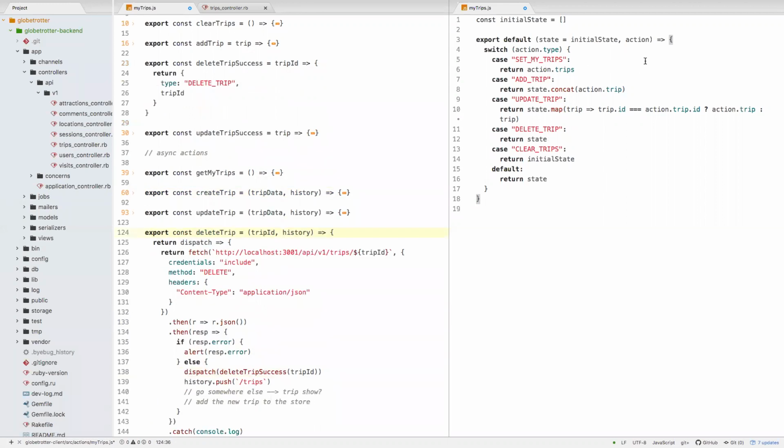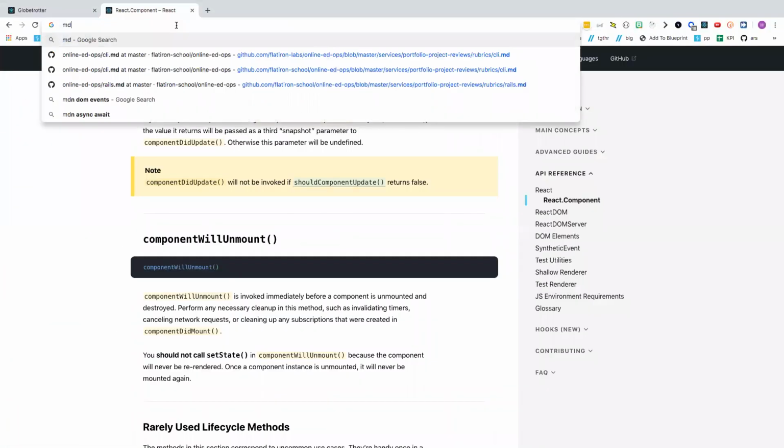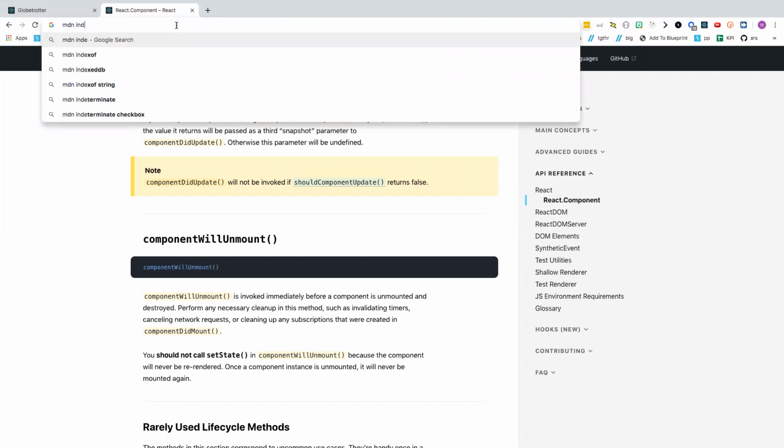The trip ID is coming through, so my action.tripID is what I need. And now, instead of map, I'm going to use slice. So state.slice. And before I use slice, I need to grab a const of my index. So I need to say index equals, and now I'm going to have to look up the syntax. If I look up MDN, array index of,